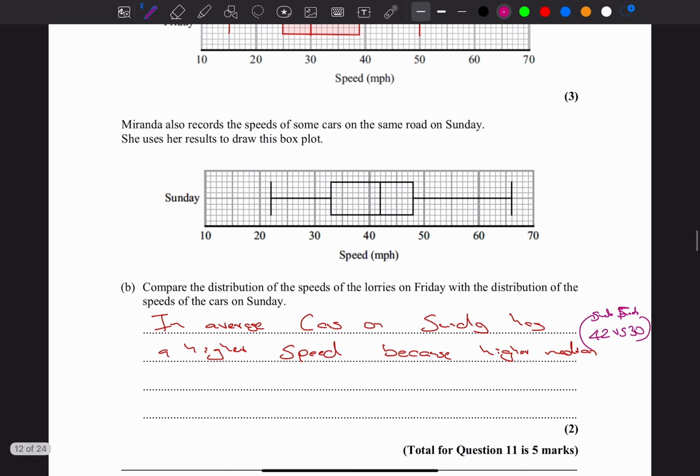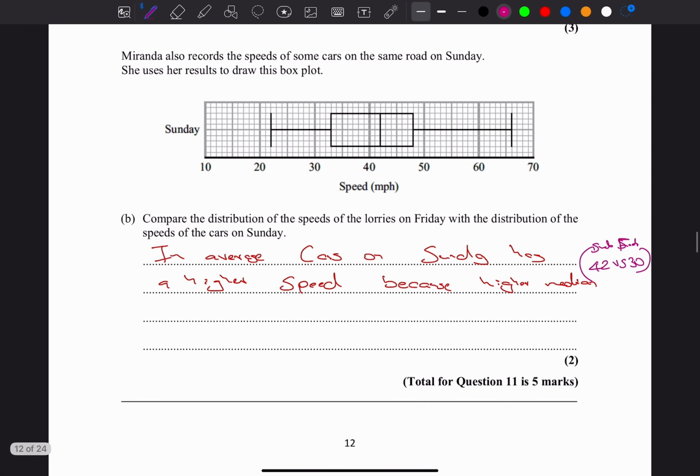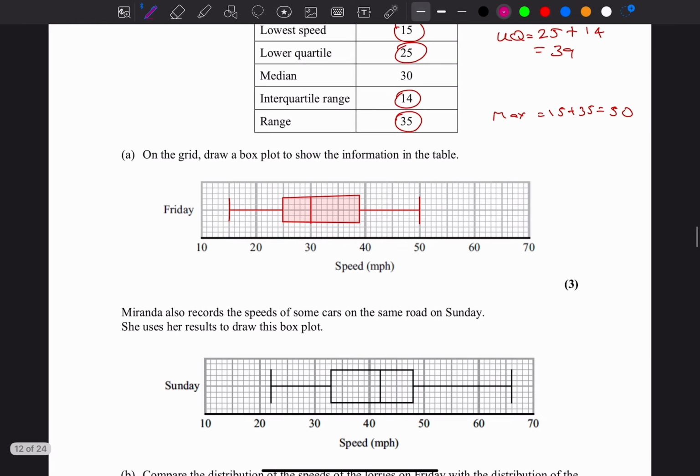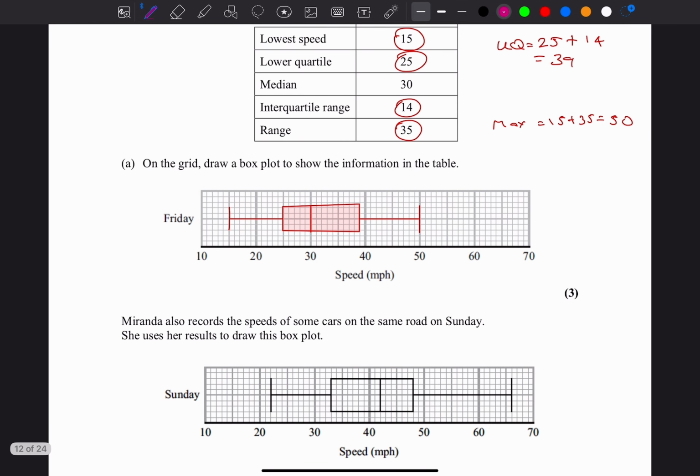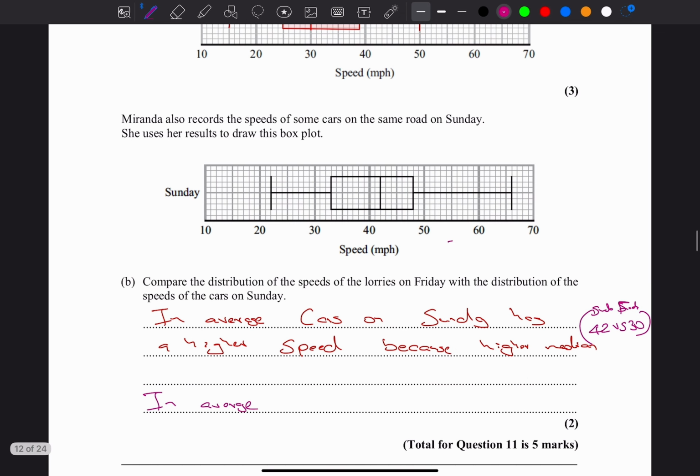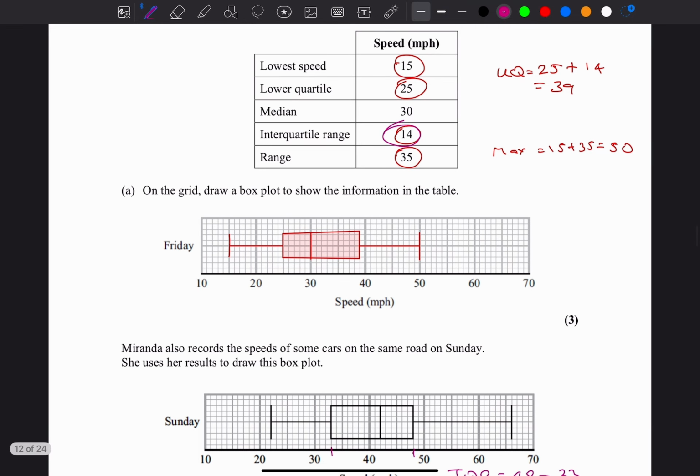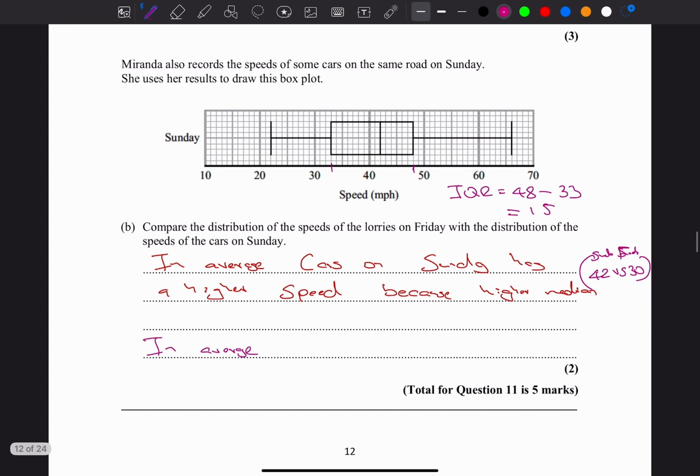Okay, next one. On average, which one? I need to work out the interquartile range, to be honest. I know the interquartile range here is 14. Okay, what about this one? Because it's quite hard to tell. 48 take away 33, 15. What is the interquartile range on that? This 14. So on average, Friday,